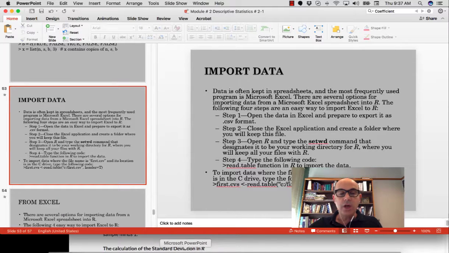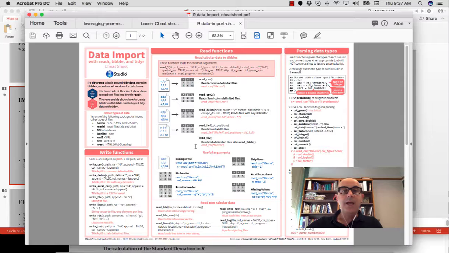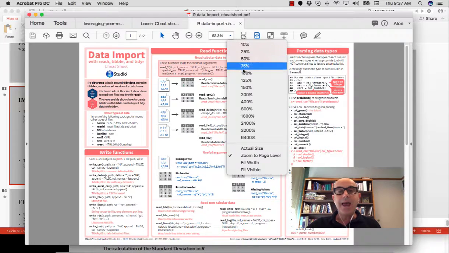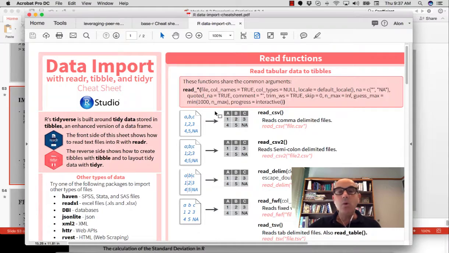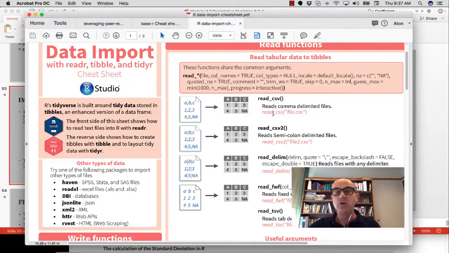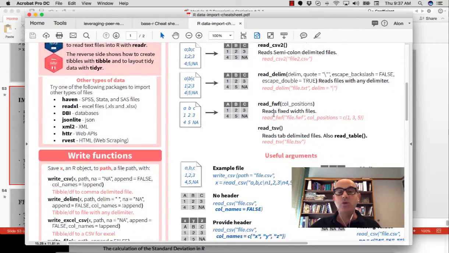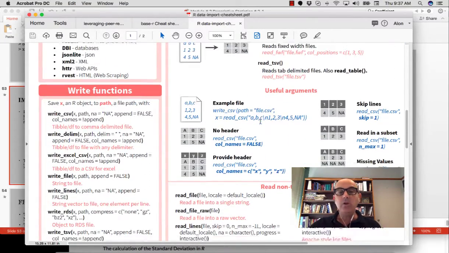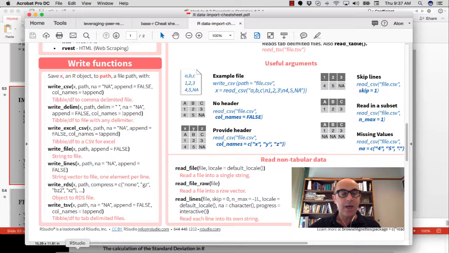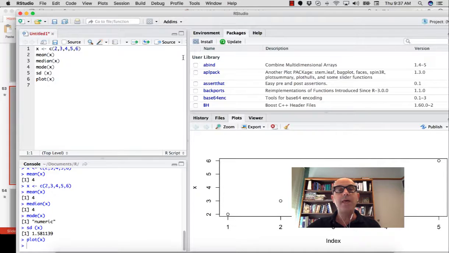In RStudio, we are going to see the idea of what you need to do in order to read that. So you have a command, you have the ability to import that, and you see what it entails. R also gives you the ability